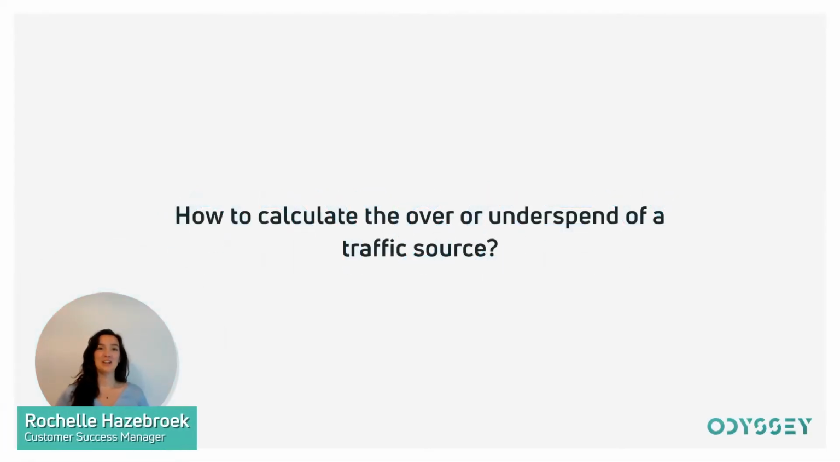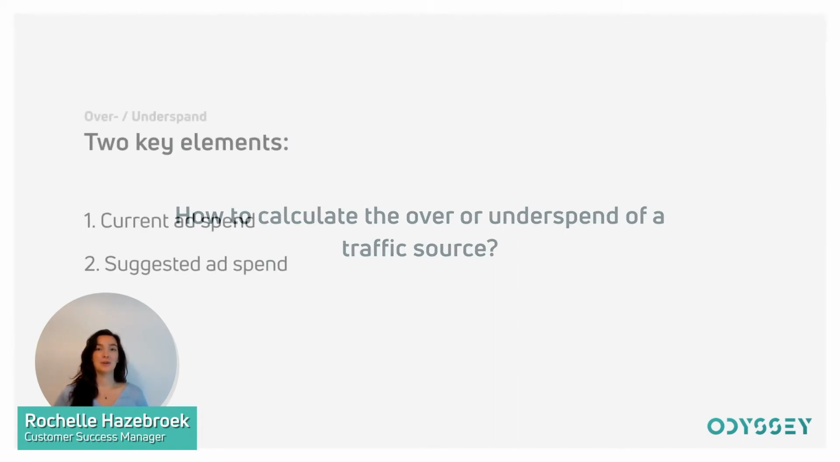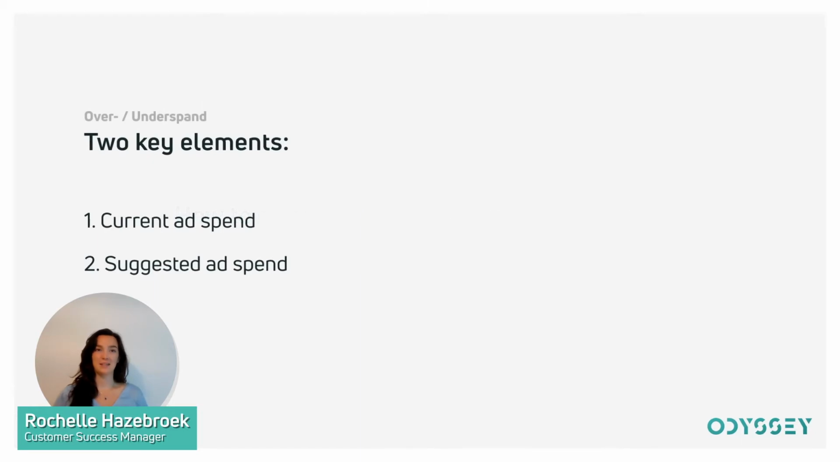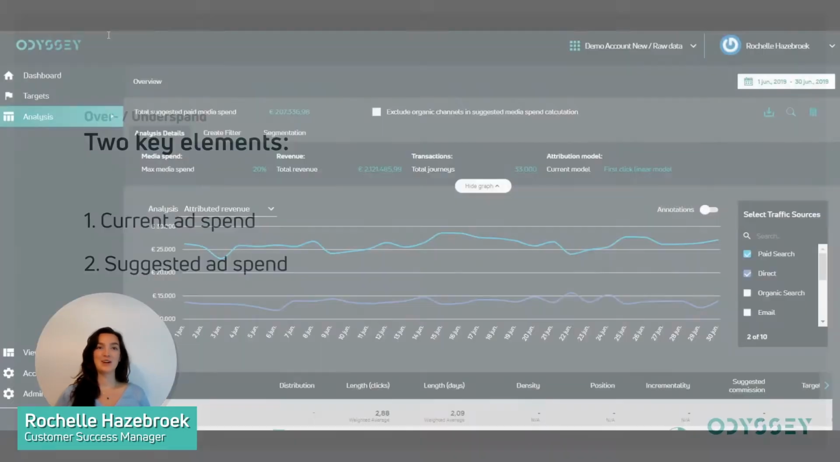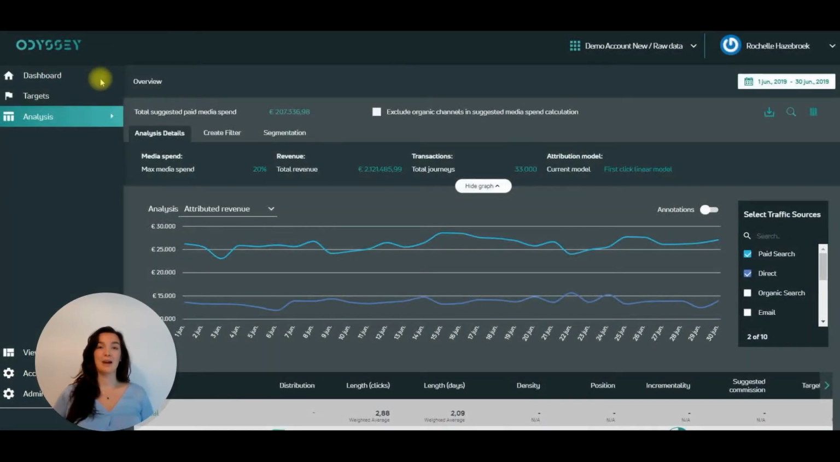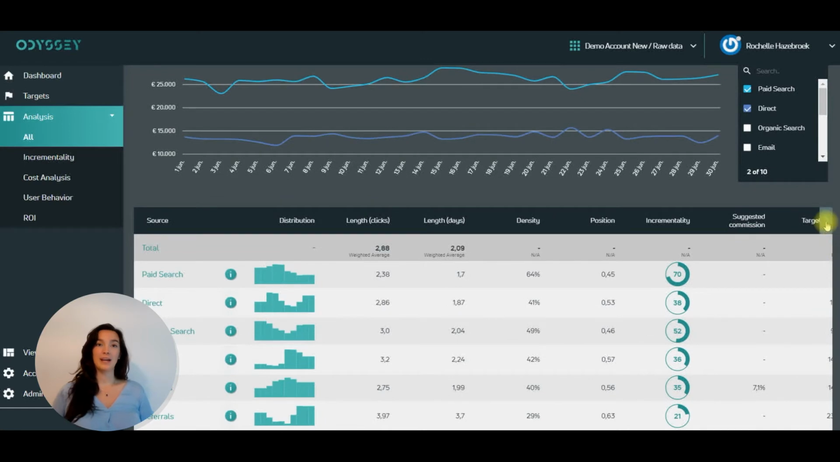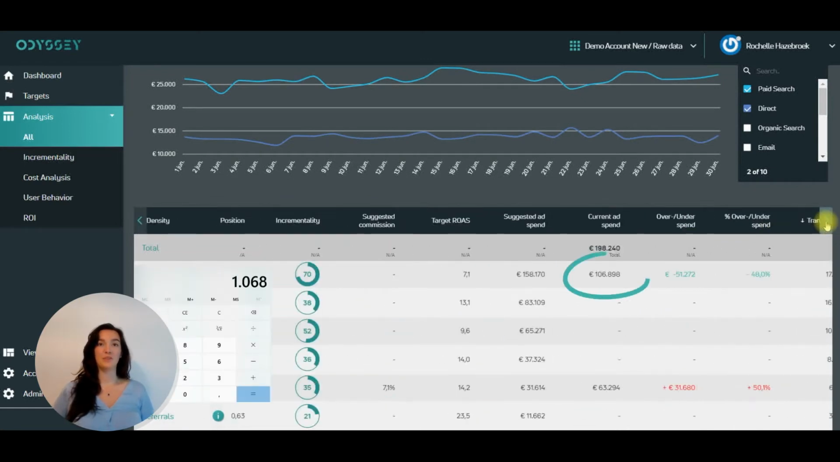Hello! In this video I will tell you more about how Odyssey calculates the over or underspend of a traffic source. You can calculate this by using two key elements, namely the current and suggested ad spend. So we start at the dashboard, and from there we go to the metrics with all the variables. And as you can see, by subtracting the current ad spend from the suggested ad spend, you get the over